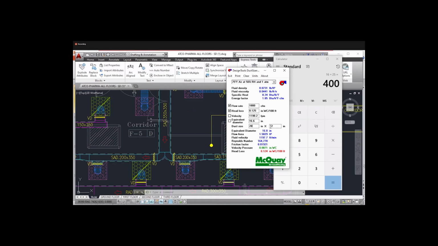And what is the size here? 12 inch. So what is the height? 12 into 25, 300. 400 by 300. So we can take either 400 by 300 or 350 by 350. Either we can take, but the size will be the same.